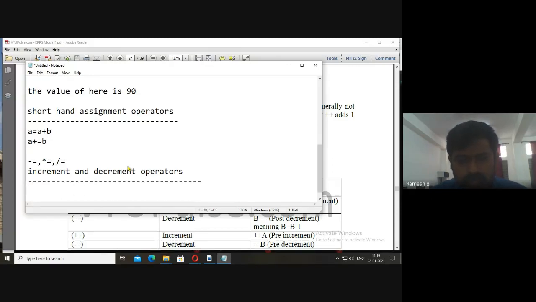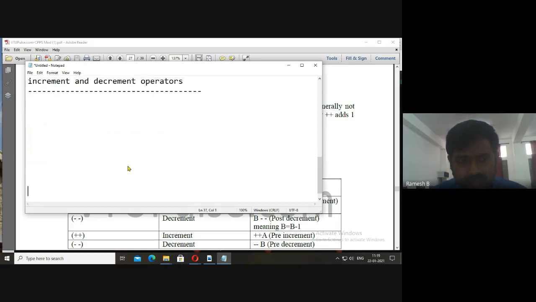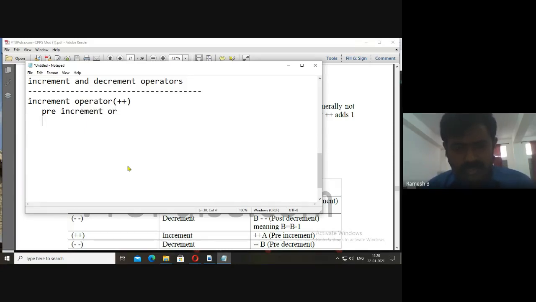Now, if you take increment and decrement operators, we have two types in the increment operator. The increment operator example is plus plus. It can be pre-increment or post-increment.